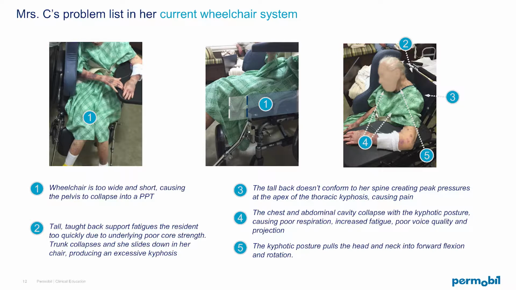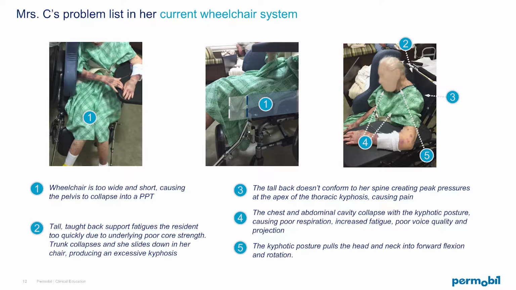So then it became cyclic. She would fatigue because of how she was breathing. She'd collapse. Her breathing would be compromised. She'd breathe more, harder. She'd get exhausted. She'd collapse even further. And like I said, the pattern kept repeating itself. And the poor respiration also started to affect her ability to, again, project her voice and communicate with the people